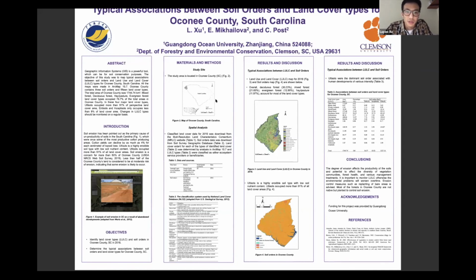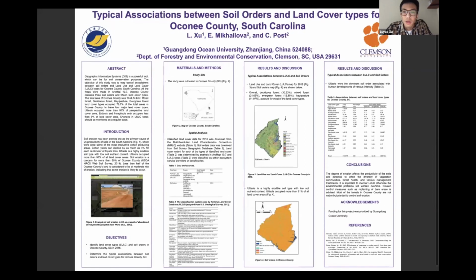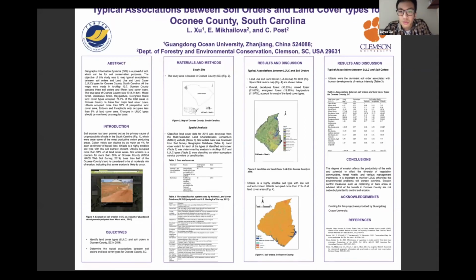The study area is in here, and I created 2 maps: soil order maps and land use and land cover maps. In the land cover maps, we can see the deciduous forest, mixed forest, evergreen forest, and hay pasture account for most of the land cover types. And in the soil order maps, all the orange portion of this color is all the Ultisols. You can see in Oconee County,